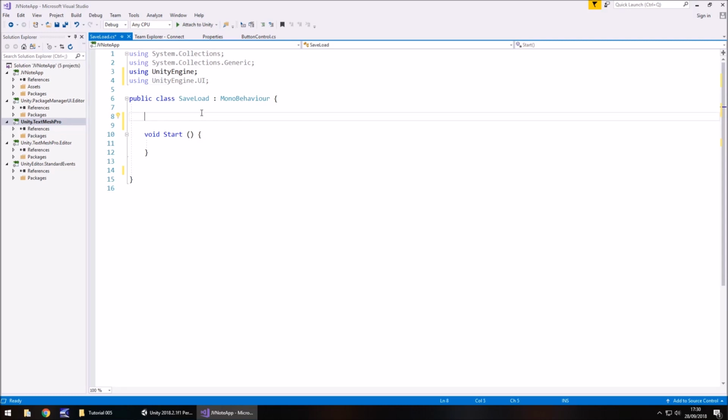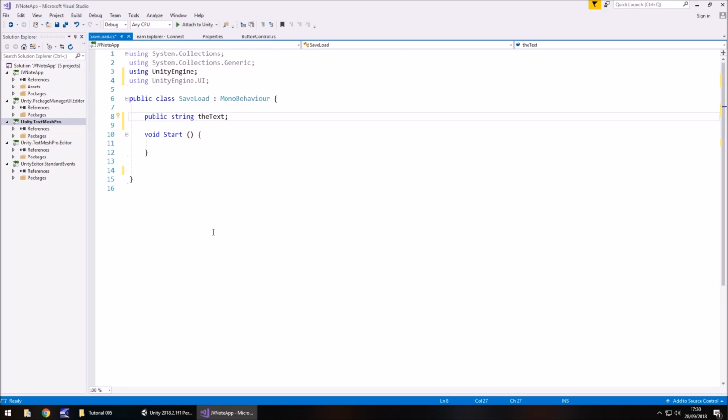So let's start by going public string. Remember, that's a lowercase s because capitalization is important. And we're just going to call this the text;